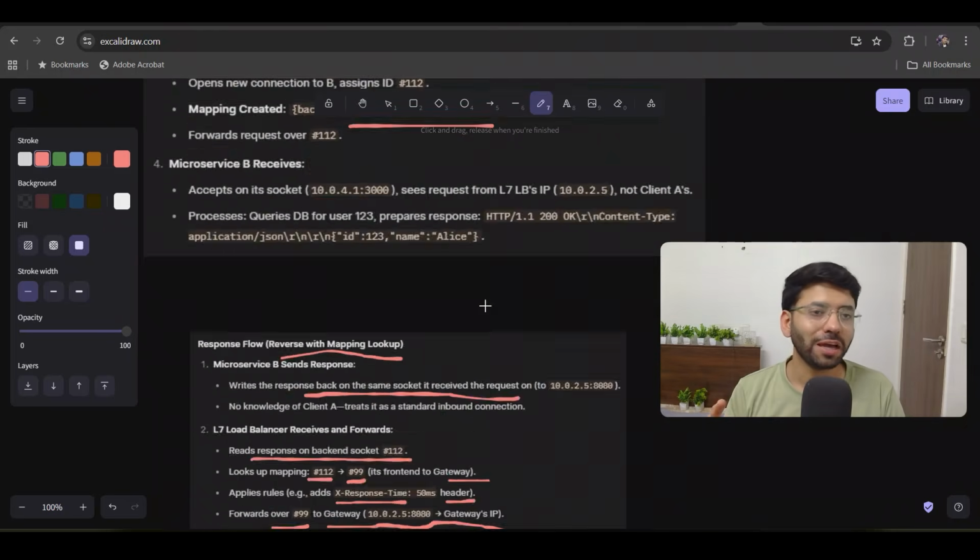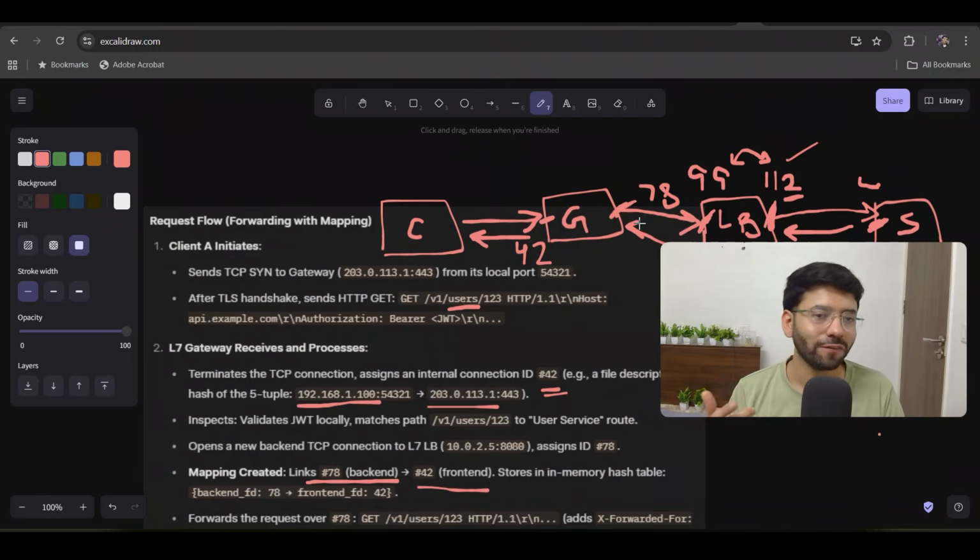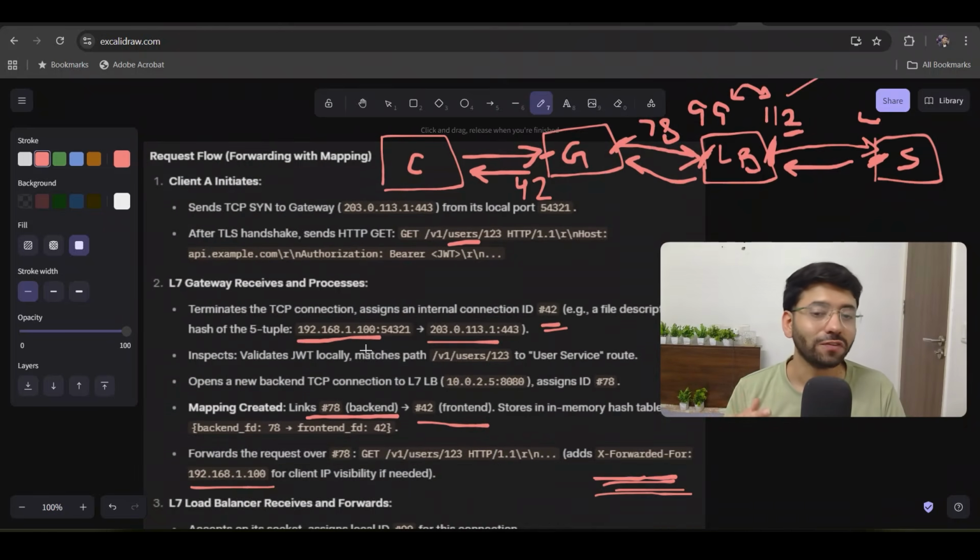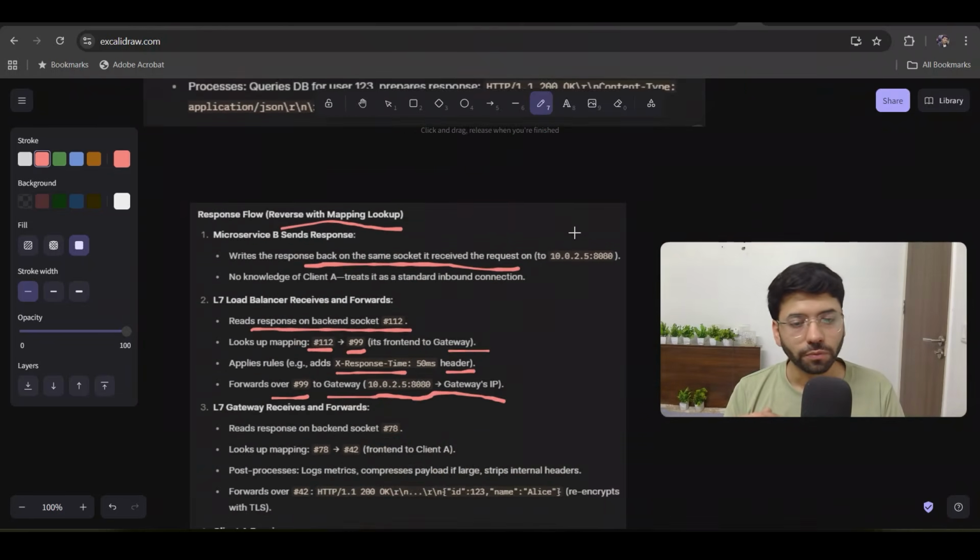So you can simply imagine all these IDs that we have given contain a kind of mapping: the IP address of the previous component and the IP address of the current component. So in this way you are also sending the response back in a similar way, right? So once